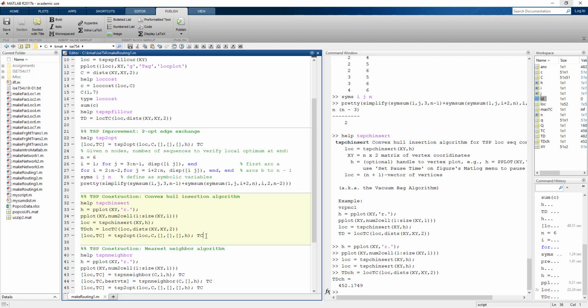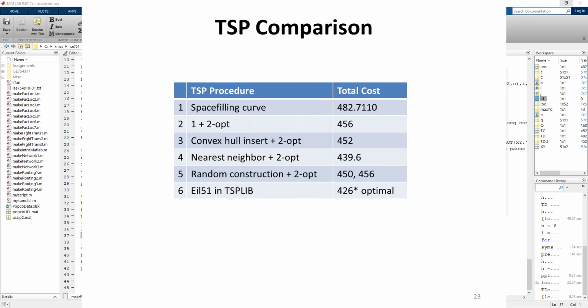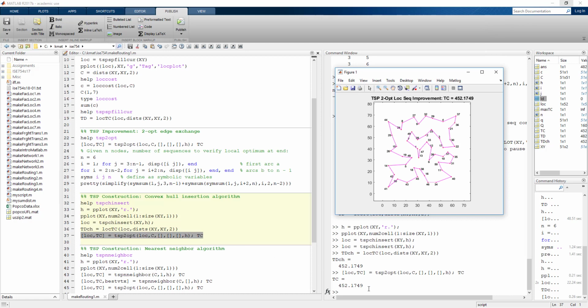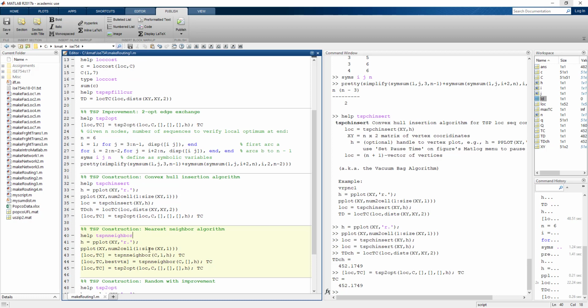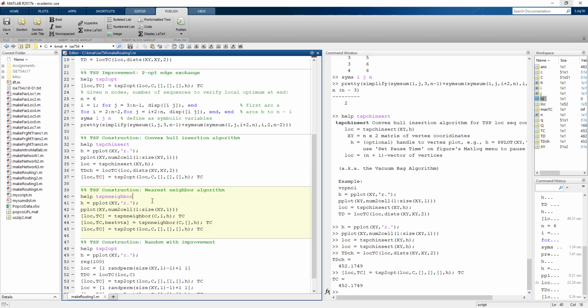And then we can do like we did for space filling. We can take this result and see if we can actually improve further from that. And this result was not able to do any further improvement. Another procedure is called the nearest neighbor algorithm. And the nearest neighbor algorithm,